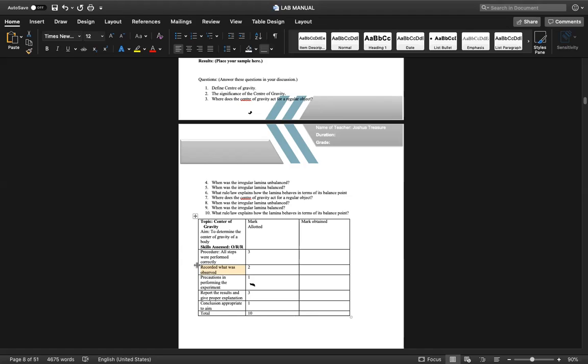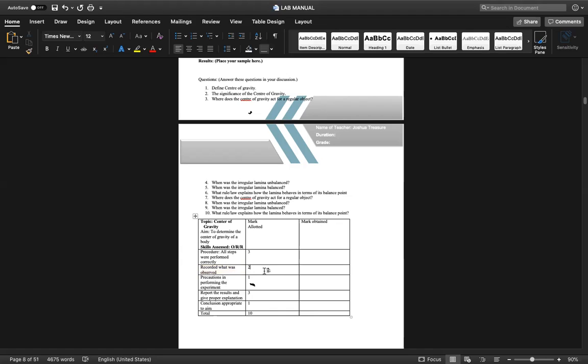What did you observe? You observed those three lines. What happened to the three lines? So it determined the center of gravity. All right, so we know that it determines the center of gravity, right? That is good, but what happened? Did the three lines intersect or did they not intersect? They intersect. Exactly, so you can state in your discussion, to get these two marks, you can